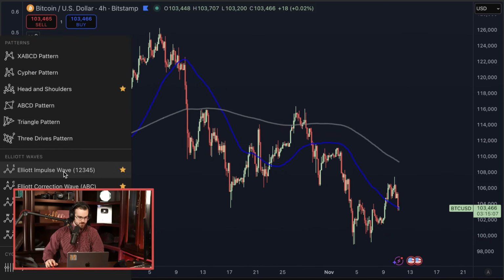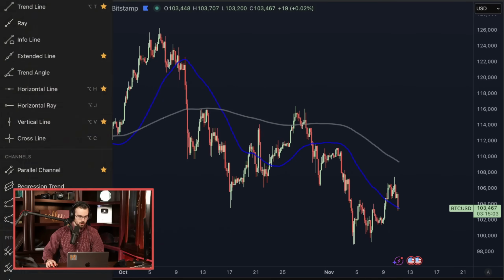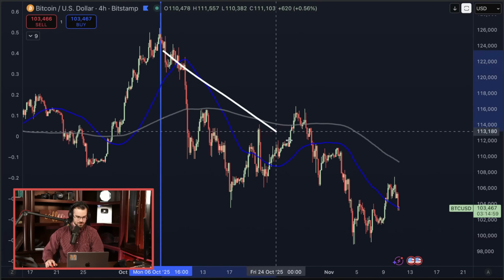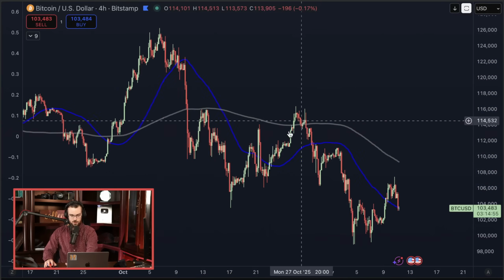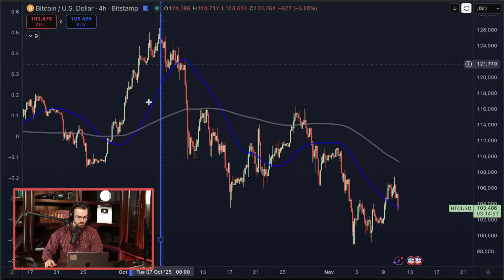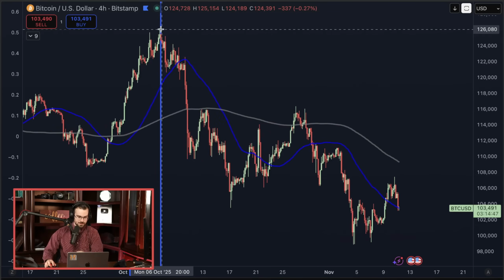The first thing that we want to start with is defining the scope of the analysis that we're going to do. We're going to be doing analysis on this chart after October the 6th. We are doing analysis specifically on the correction off of the all-time high, and we're going to talk about where Bitcoin might be finding certain bottoms and what kind of extrapolations may be taking place. So we're starting right here, and the first thing that we want to look at is the market through the lens of Elliott wave formations, because this is a very, very obvious Elliott wave 1, 2, 3, 4, 5 pattern